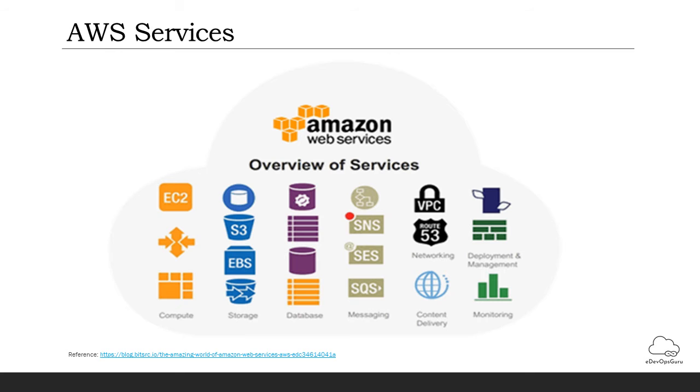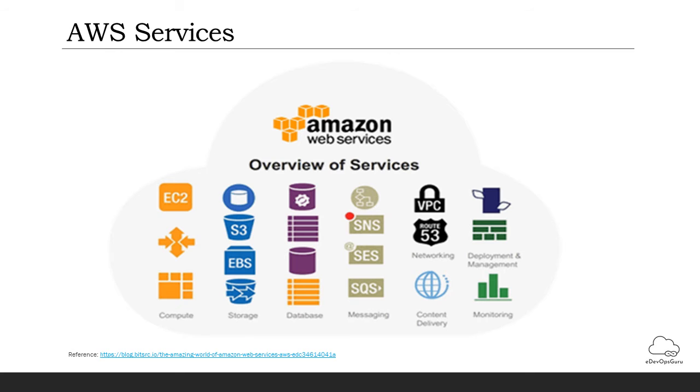The next most commonly used service is Route 53. Route 53 is a highly available and scalable domain name service, which is basically a DNS web service. It is designed for developers and corporates to route the end users to internet applications by translating human readable names, for example www.mydomain.com, into the numeric IP address like 192.0.2.1 that computers use to connect to each other.